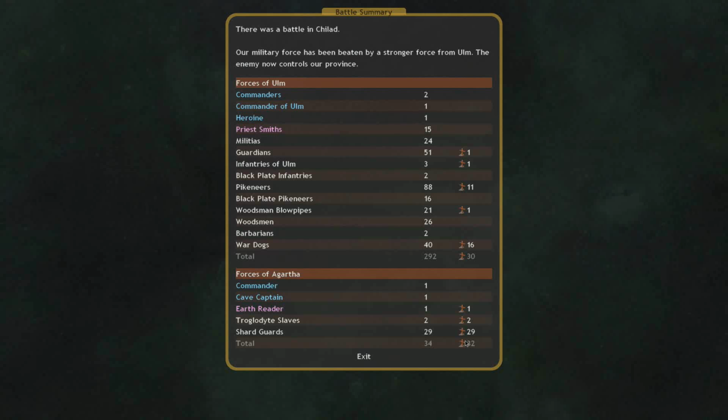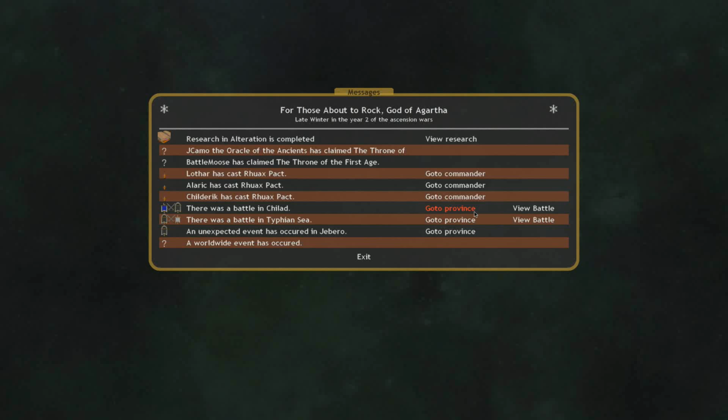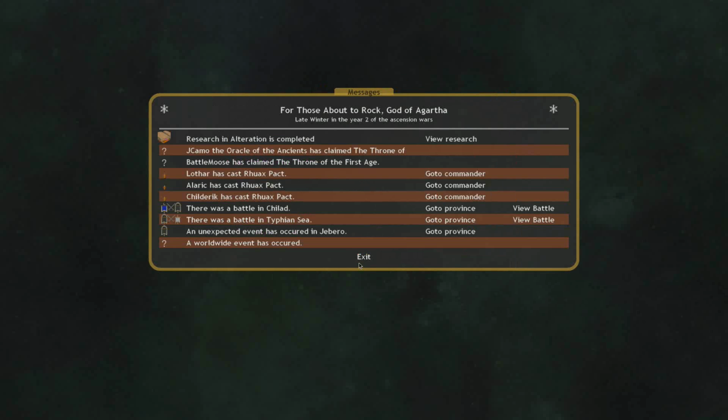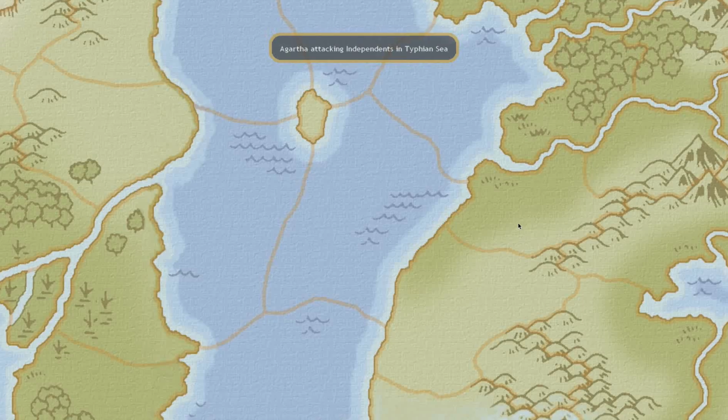That's 5 turns worth of creation, whereas they lost 16 War Dogs, a Woodsman Blowpipe, 11 Pikeneers, 1 Guardian, and 1 Infantry. They lost nothing. They lost about 10% of their force, and not even the cream of their force. So there was that. However, we did, oh, I probably should show that to you, instead of showing the results,